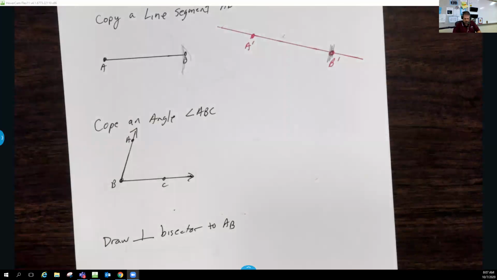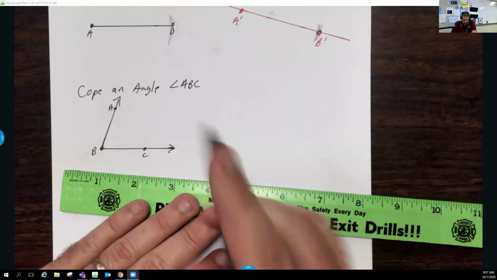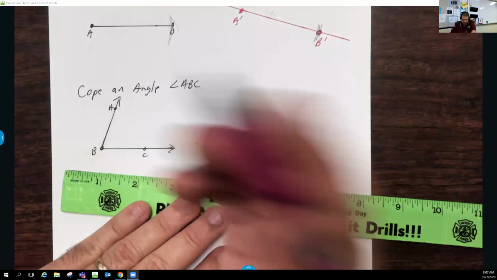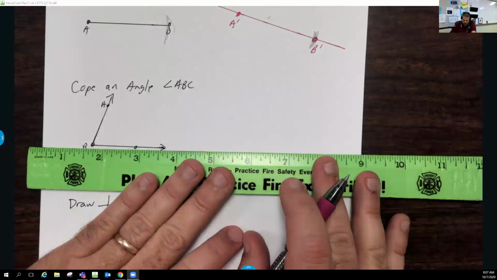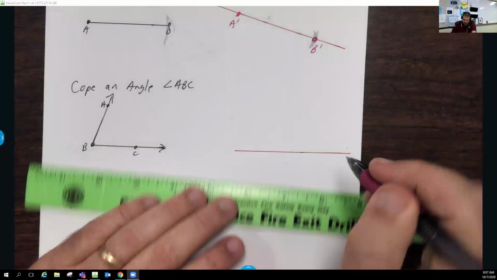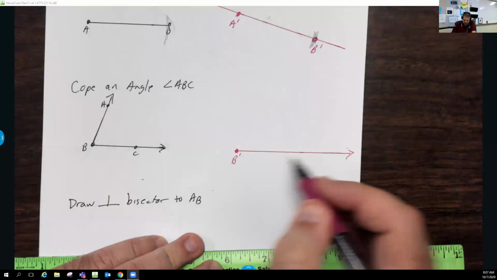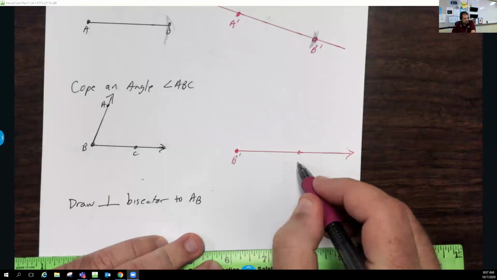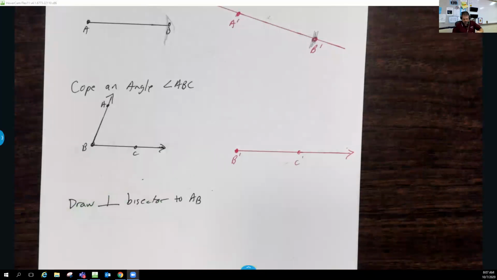Now, copy an angle. Again, I have this angle ABC. This can be done with any angle. I'm going to first draw my baseline as far as I want. We're going to call this B prime, and somewhere over here is C prime. It doesn't really matter. I need to be able to find A prime. So to copy the angle,